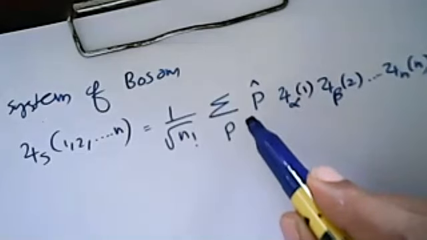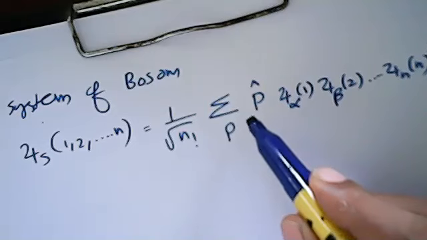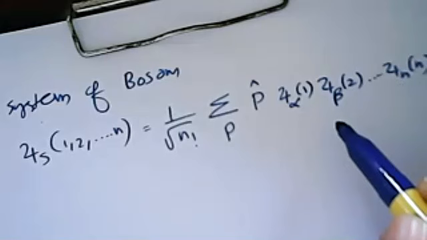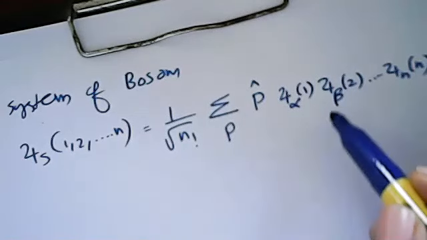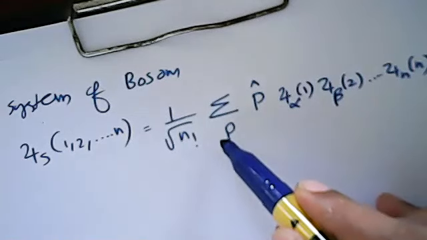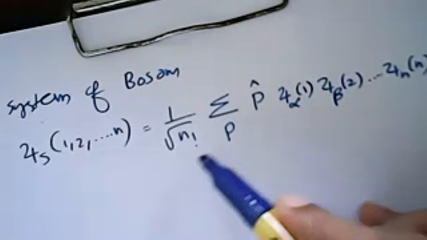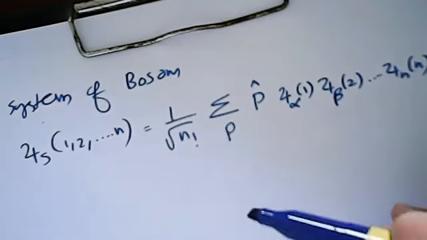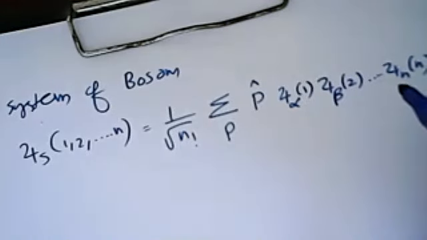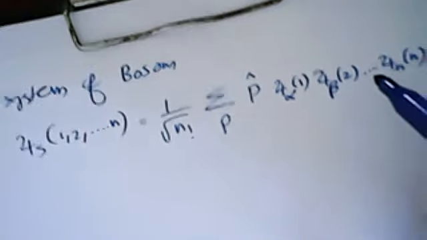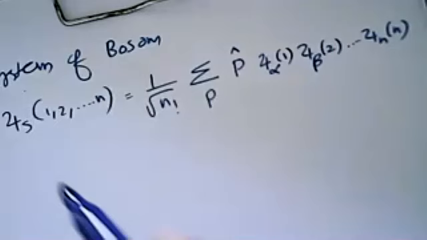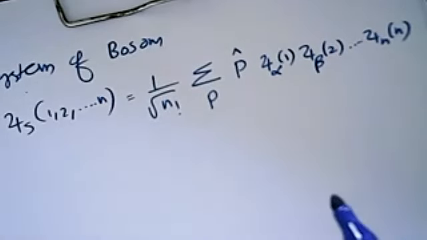See, this p, I cannot write as p12, because only in the case of a two particle system can I write p12. Here p means you have many exchanges between these particles. Finally you sum over all the exchanges. That is the meaning. Again, the normalization factor is n factorial. So this is the equation for a system of bosons. It is not a determinant. So this will not vanish even if two states are the same.